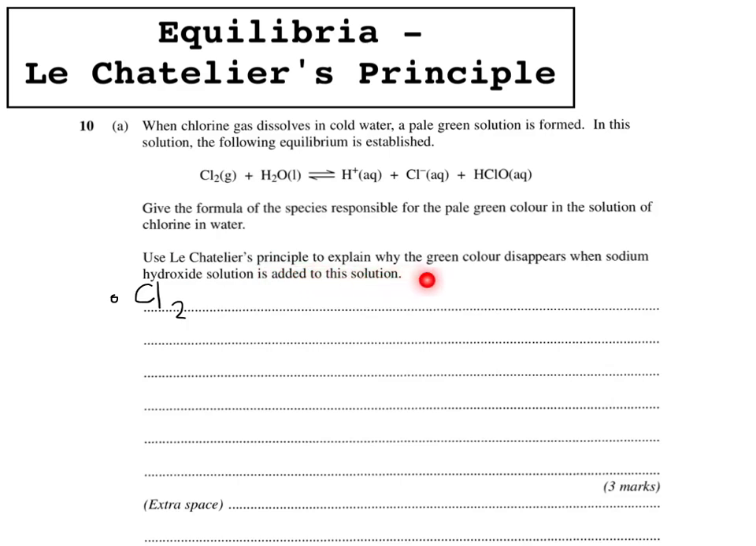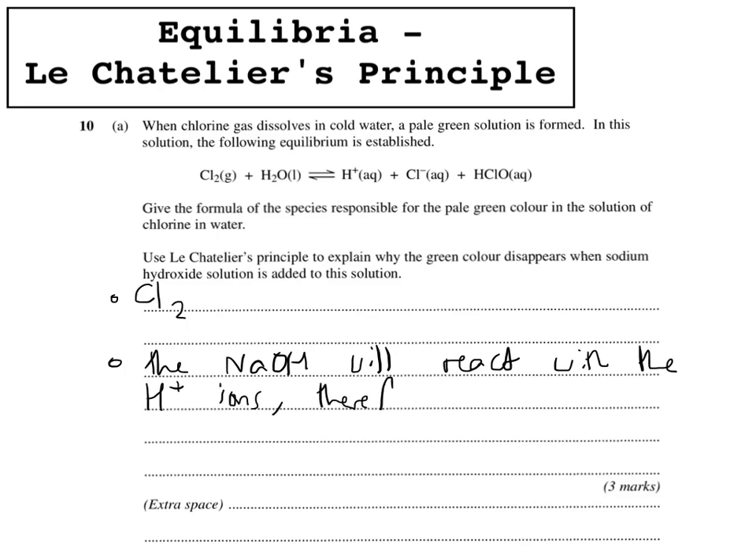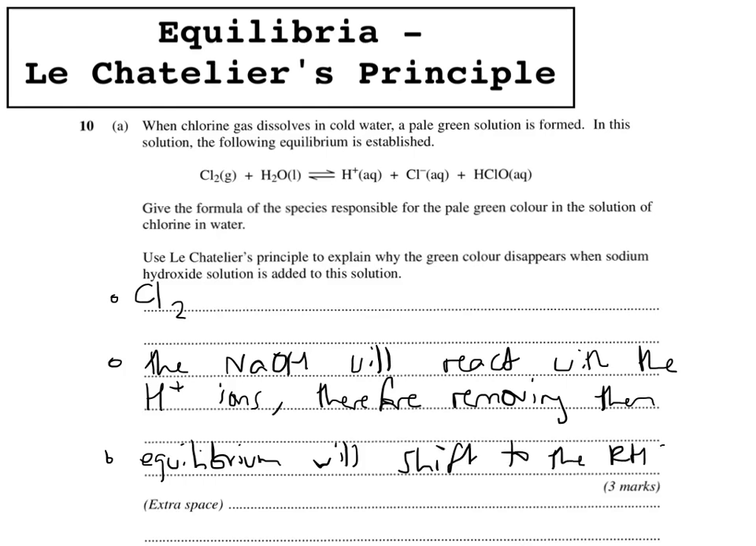Then it says use Le Chatelier's principle to explain why the green colour disappears when sodium hydroxide solution is added to this. So what you've got to notice is there are H+ ions in this reaction, and sodium hydroxide will react with those H+ ions because sodium hydroxide is an alkali and H+ ions are acidic. So you would say that the NaOH will react with the H+ ions, therefore removing them. And then you would say therefore the equilibrium will shift to the right hand side in order to replace